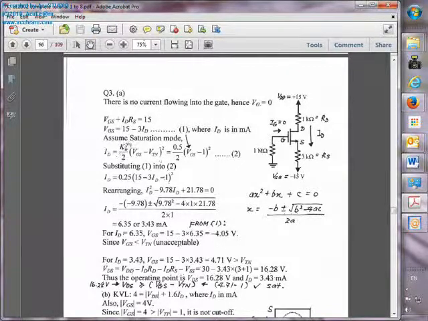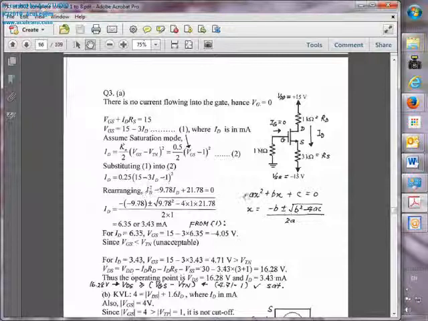From the question, Kn and Vtn are given. With equation 1 and equation 2, substituting equation 1 into equation 2, VGS is substituted in here. The equation for ID can be obtained. Rearranging the equation and solving it using the quadratic equation,